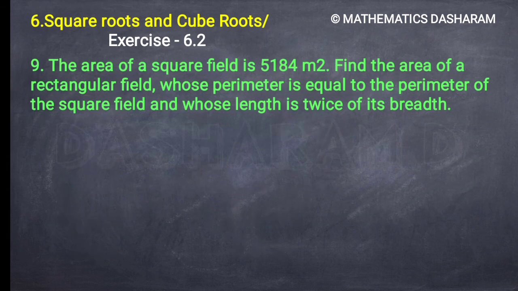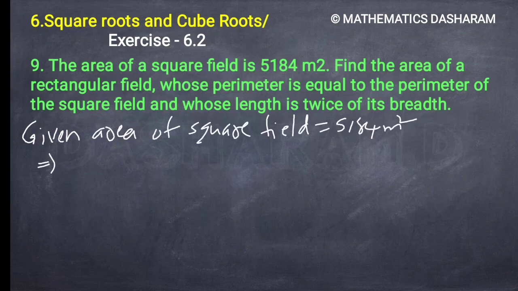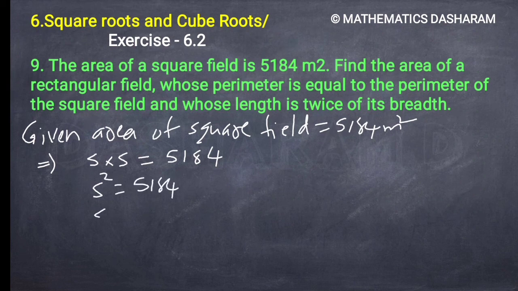So first of all, given that the area of a square field, it implies area of a square field formula, side into side, equals 5184. Then side square equals 5184. Then side equals under root 5184. So here